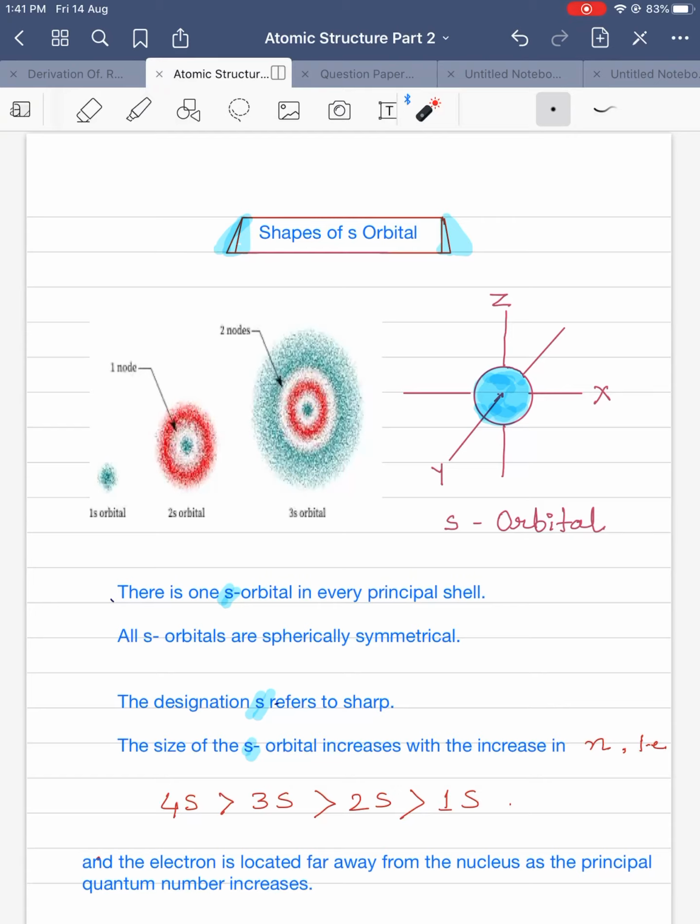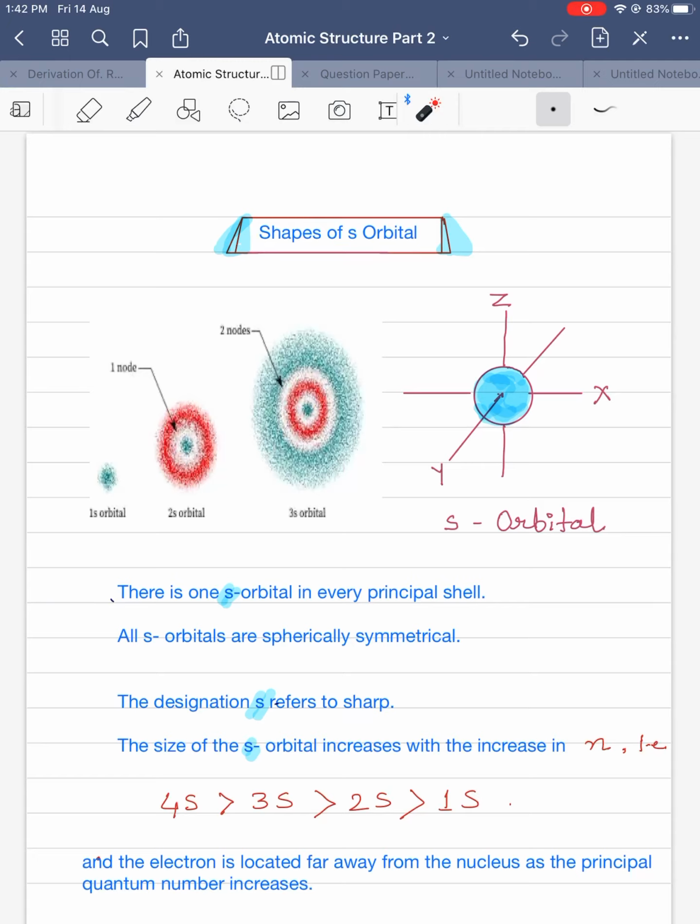In atomic theory and quantum mechanics, an atomic orbital is a mathematical function describing the location and wave-like behavior of an electron in an atom. This function is used to determine the probability of finding any electron of an atom in a specific region or space around the nucleus. Atomic orbital is the physical region or space where the electrons are present. Each orbital in an atom is characterized by a unique set of 3 quantum numbers that we will discuss later.